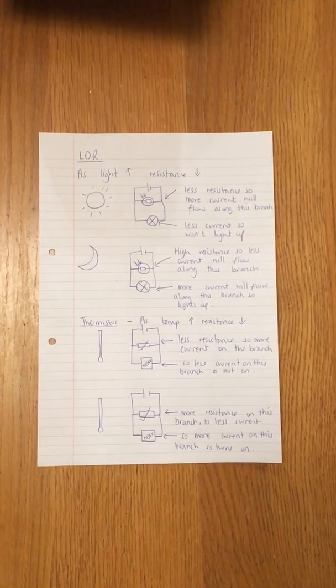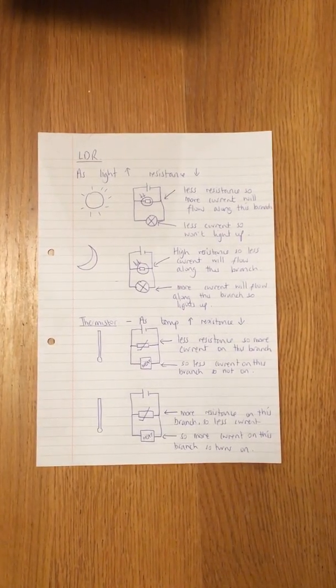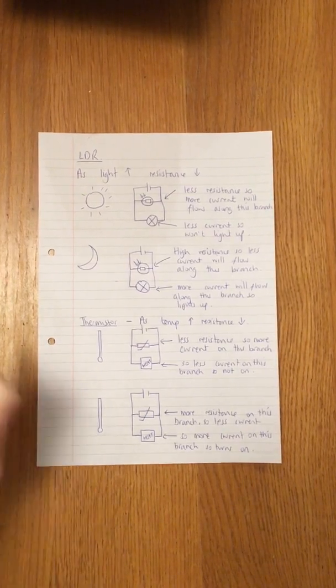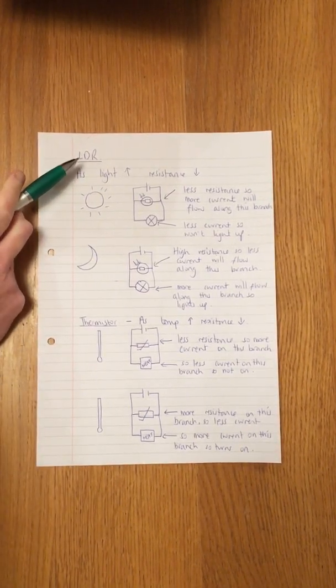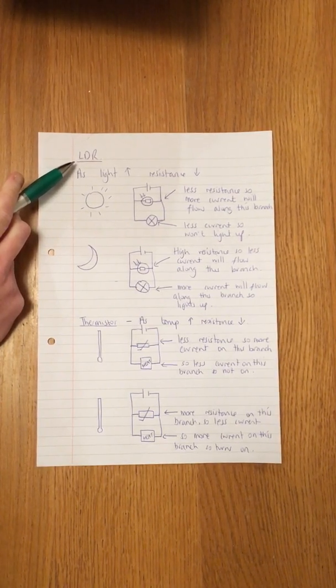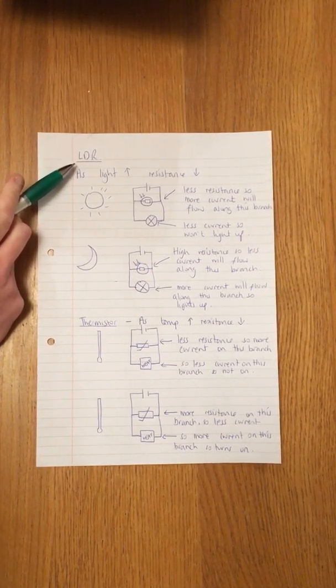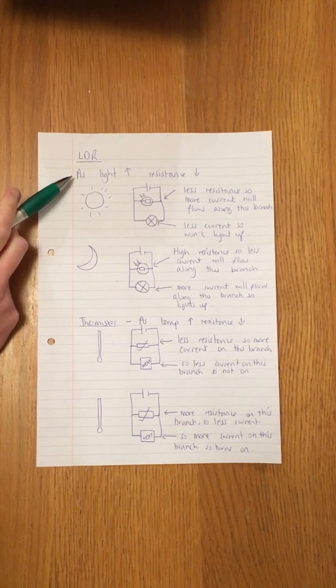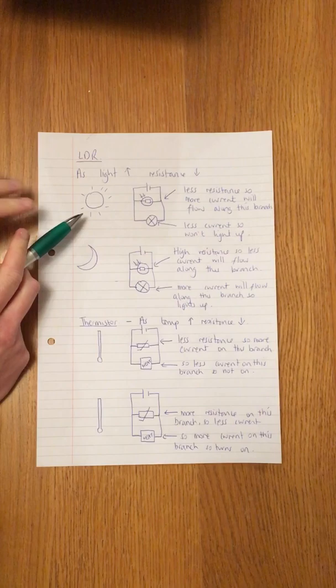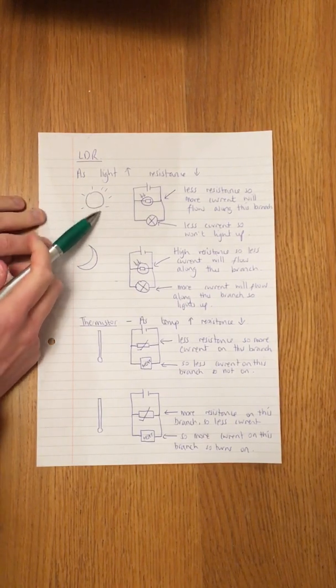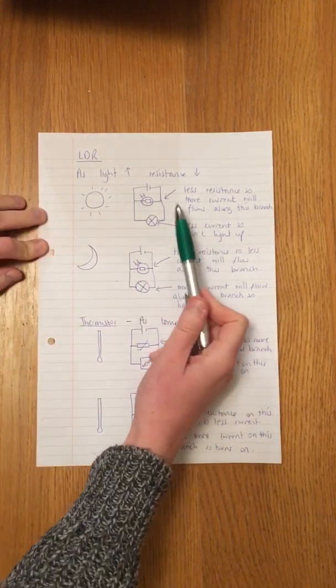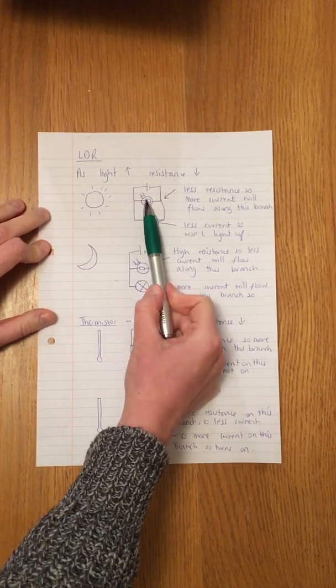Right, first video then is on LDRs and thermistors. So an LDR, or a light dependent resistor, will alter its resistance in accordance with the amount of light there is outside. So as light increases, the resistance decreases. So when it's sunny and there's a lot of light, it will mean that there is less resistance across this